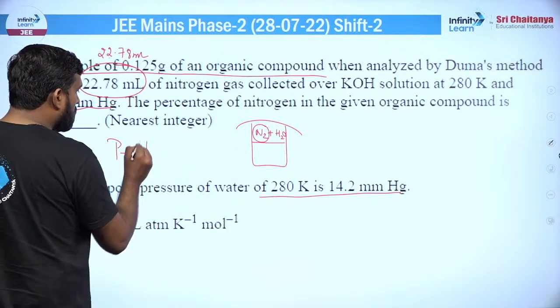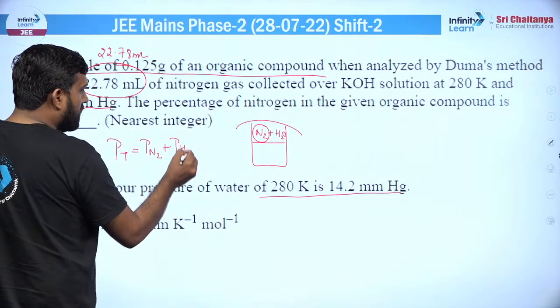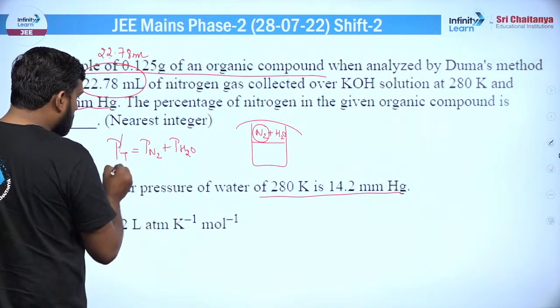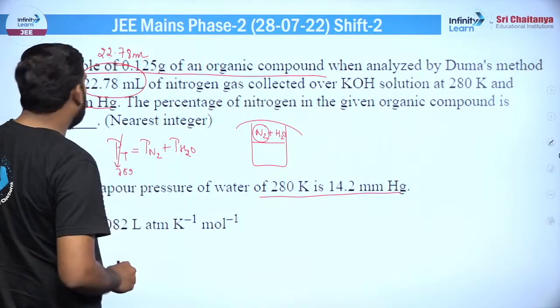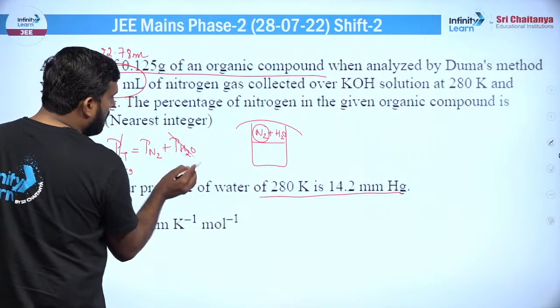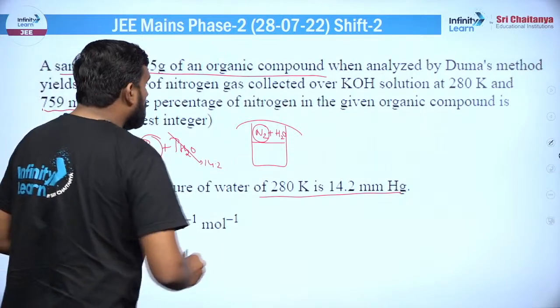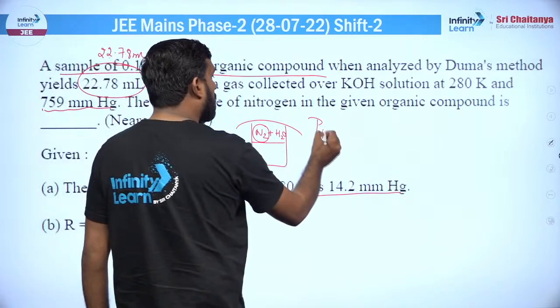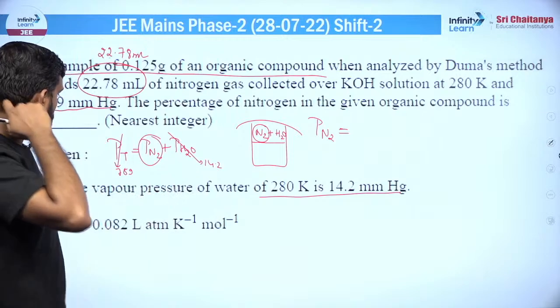तो इसका जो टोटल प्रेशर आप देख रहे होगे वो दो चीज़ों का प्रेशर होगा, ठीक है, P टोटल विल बी इक्वल्स टू P ड्यू टू नाइट्रोजन प्लस P ड्यू टू द एक्वस टेंशन दैट इज वाटर, ठीक है, ये होगा, तो ये चीज़ आपको 759 दी गई है क्वेश्चन में, और ये जो चीज़ है ना वो आपको 14.2 दिया गया, तो यहाँ से आप प्रेशर ऑफ नाइट्रोजन निकाल लोगे, तो जो आपका PN2 आ रहा होगा, ठीक है, वो आ रहा है बेसिकली 759 माइनस दिस, ठीक है, तो घटा दो, देख लो।